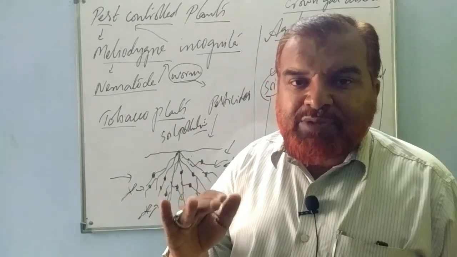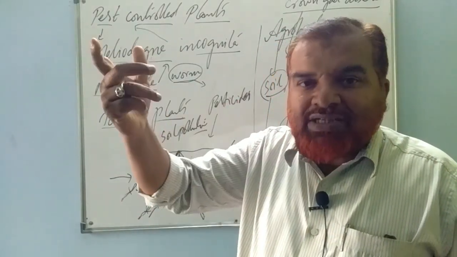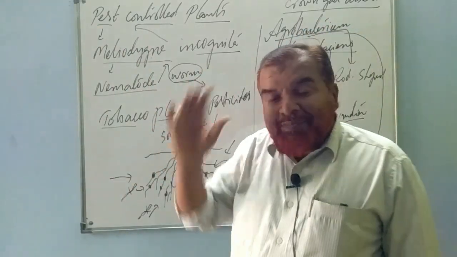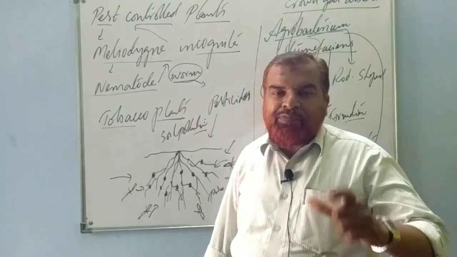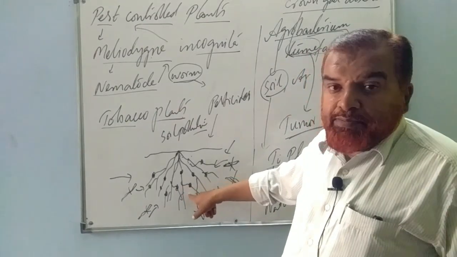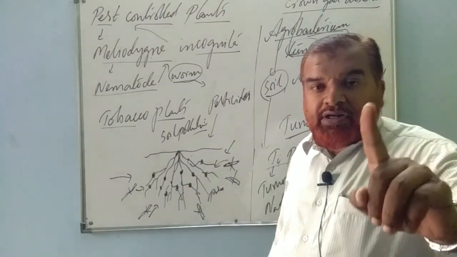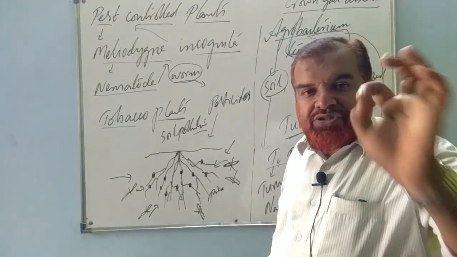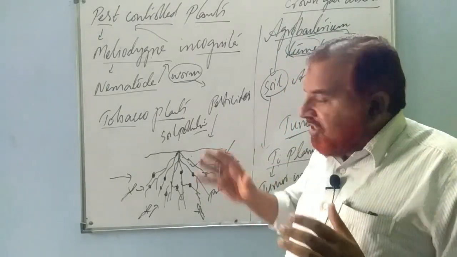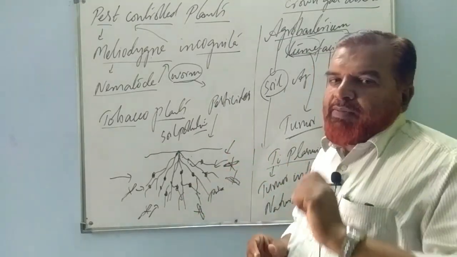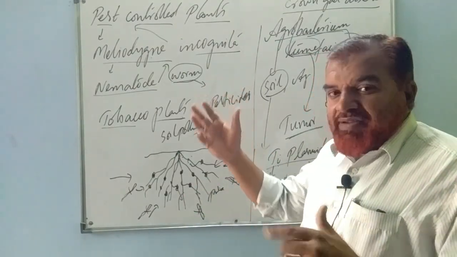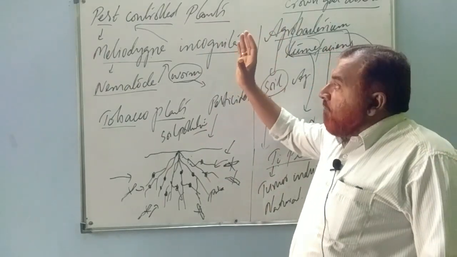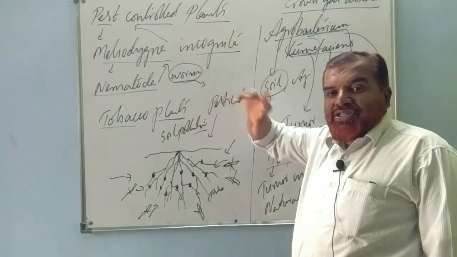So to overcome this problem, scientists thought in a biotechnological way, at the genetic level: how to suppress this gene, how to make this gene non-functional. Which gene? The gene that secretes this protein. Molecular biology: one gene, one protein concept. So one gene is responsible for the synthesis of one protein. They thought, why can't we alter the plants genetically? Such alteration at the genetic level gives transgenic plants. Biotechnologists thought, why can't we make a pest-resistant transgenic plant?